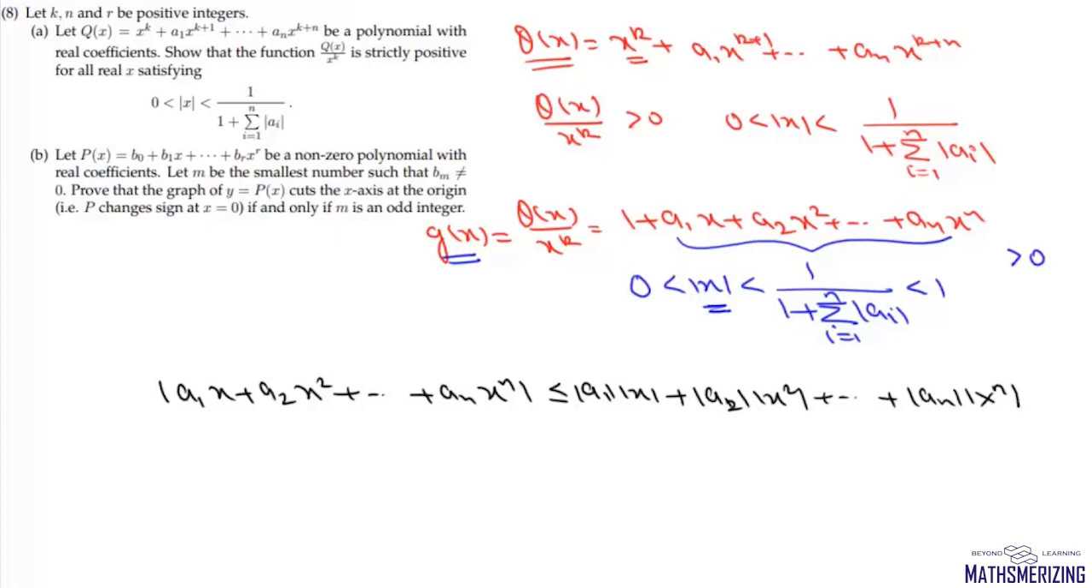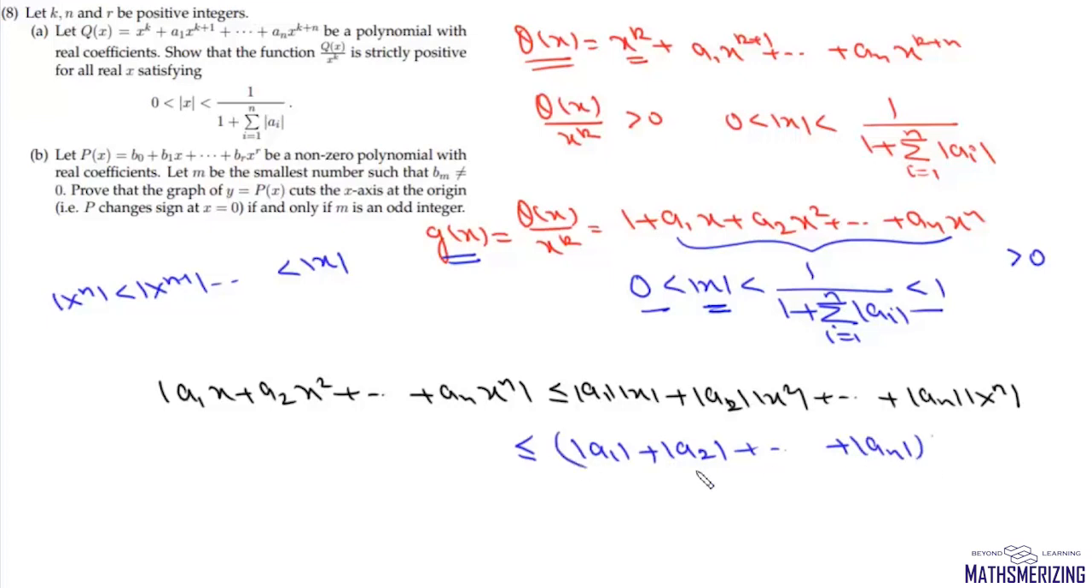Now we know that when a number lies between 0 and 1, then mod x to the power n is less than mod of x to the power n minus 1, and it is less than mod x. So that means this complete expression will always be less than or equal to mod of a1 plus mod of a2 plus mod of an into